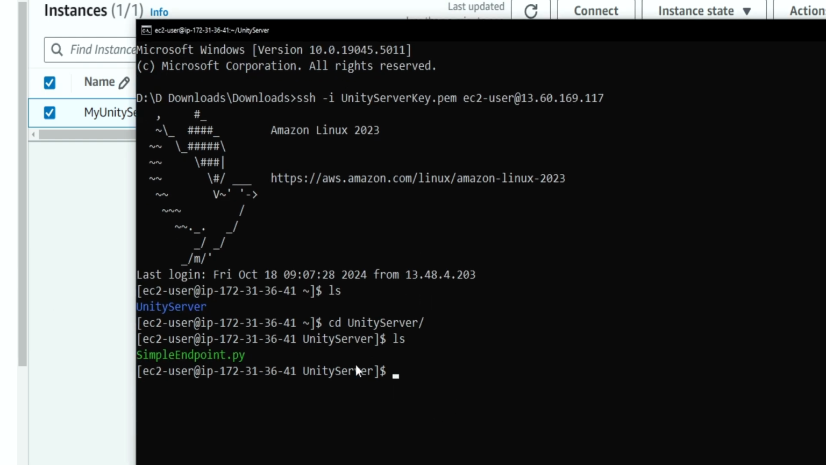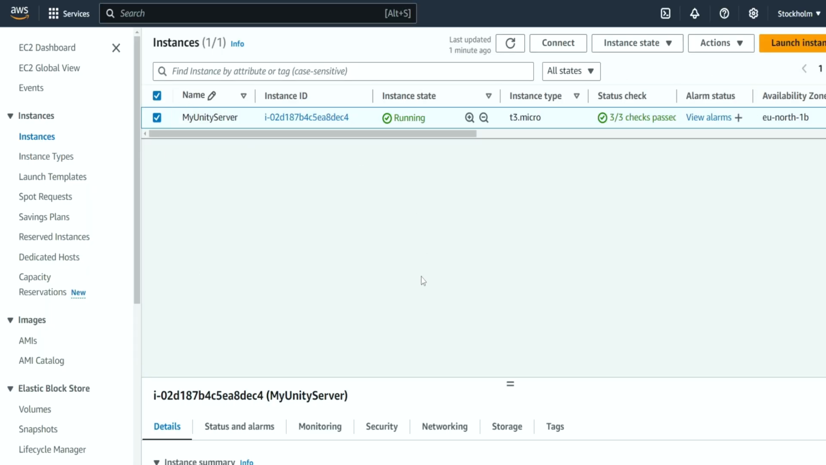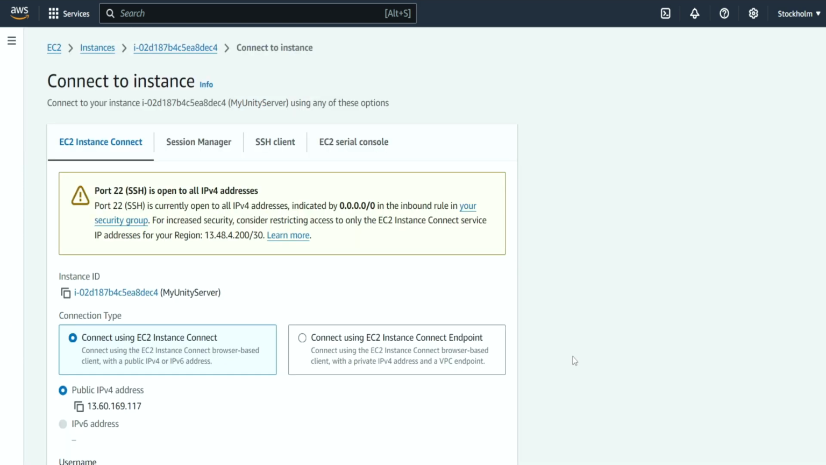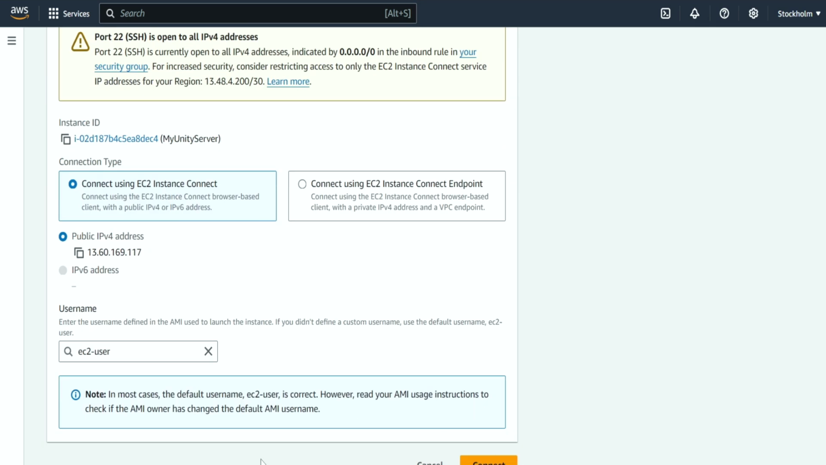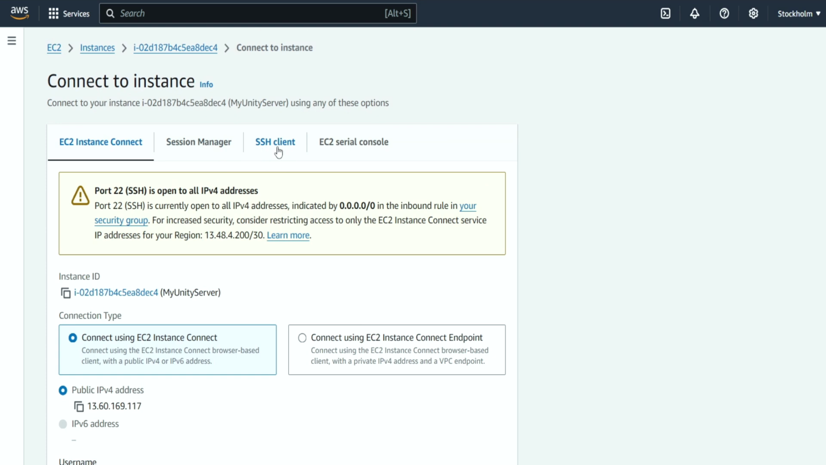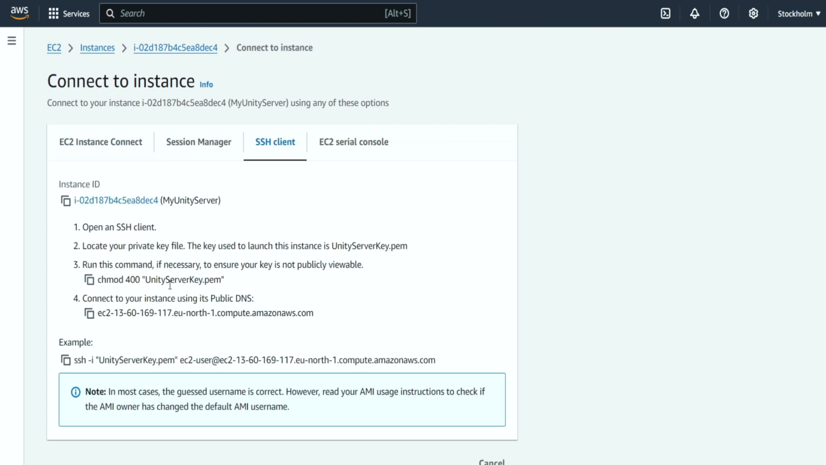Now, if you don't remember this entire full path that I gave you, we can simply go back to our AWS website and we can click on connect. And instead of connecting the regular way, we can click over here on SSH client, and it will explain to us how to do exactly this, the same thing that I explained to you. So it tells us to open the client and locate the key, and then change the permissions, and then use the name of our machine. So this is the same